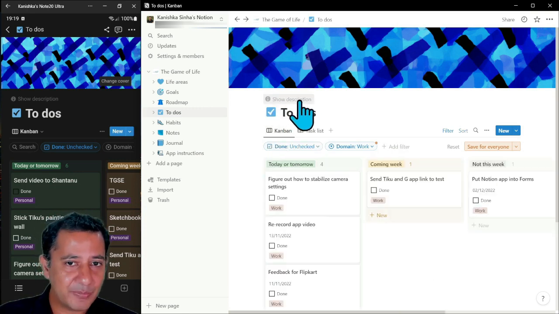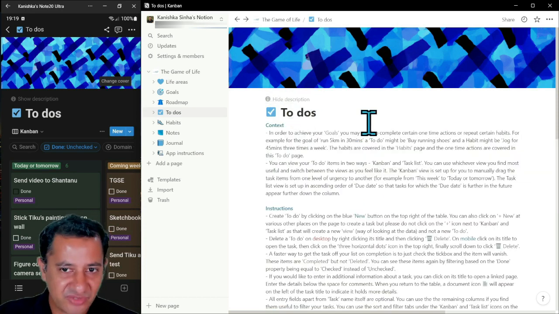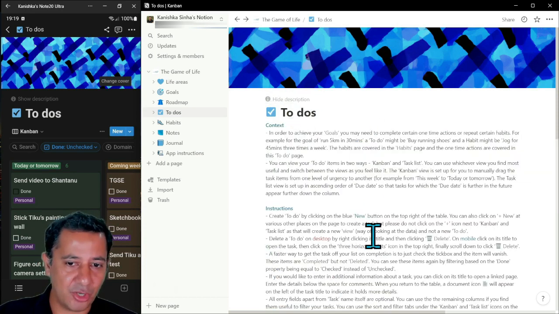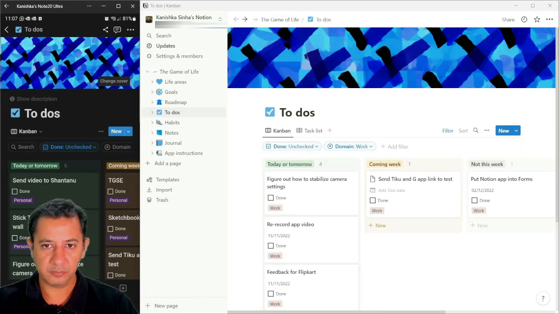Again, all these pages will have a show description at the top. You can click on that to find out what the page is about, and all the instructions are there: how to create, how to delete, how to sort, etc. That's all there, right? One other really cool feature that Notion has implemented just this week, in fact, is the